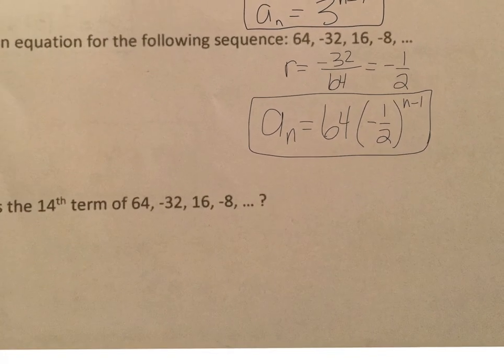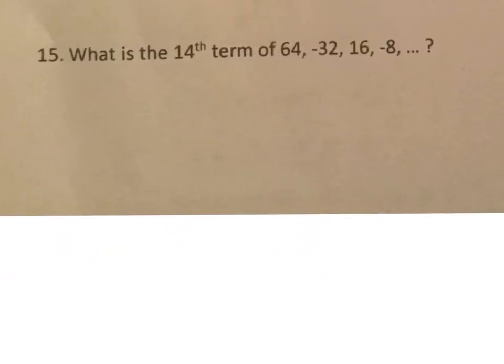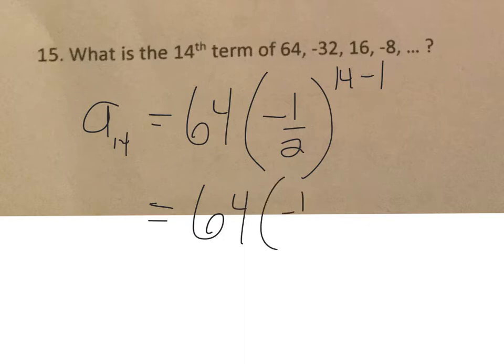Okay, and then there's the last example. We want to know the 14th term of that same sequence. So the 14th term is what happens, a sub 14, when we take our first term and we multiply it by the ratio to the 14 minus 1 power. Okay, so that's 64 times negative 1/2 to the 13th power,